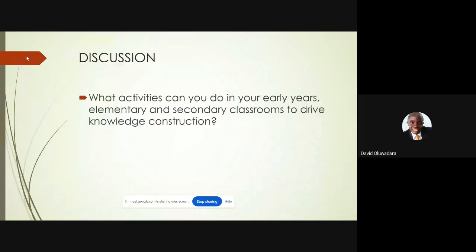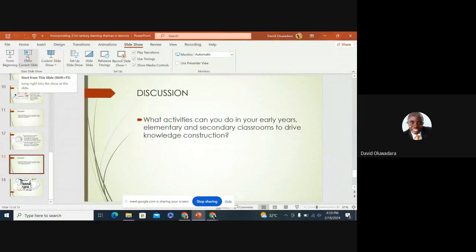And what are some learning activities that we can do in our classrooms that will drive knowledge construction? I will start this by giving my own example here. Activities that we can do that drive knowledge construction. I'll give an example. A while back,